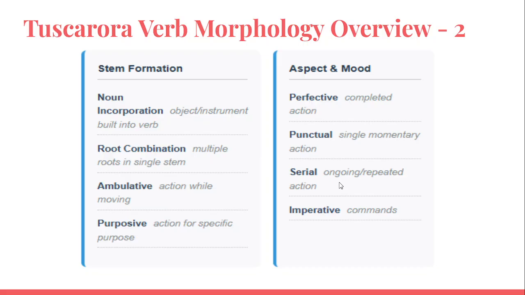And then you have serial, which is something that's going on, kind of like serial, followed by the name of this really bad type of person. That's a perfect way of framing it, because it's not that they only did that thing one time. They did that bad thing several times. They kept doing it over and over again, and so that's what makes serial an ongoing or repeated action. And then you have imperative, which is just giving commands to your military.